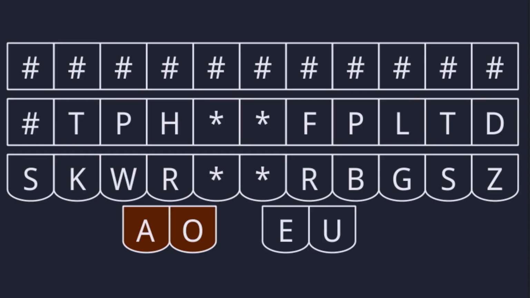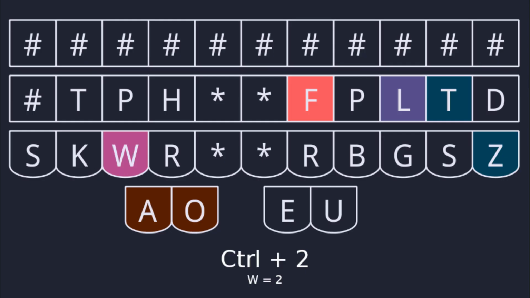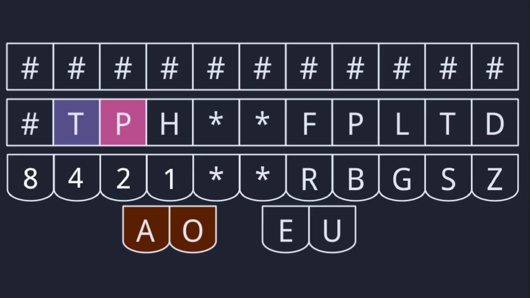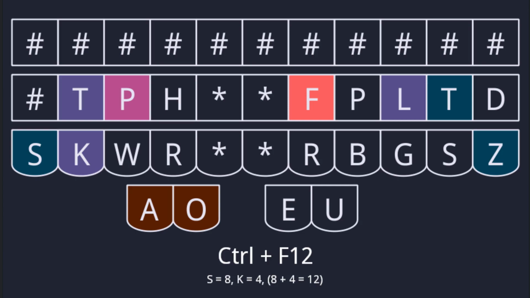For numbers, the left vowel keys are pressed down along with a binary system to write the specific number. R is 1, W is 2, K is 4, and S is 8. So for example, to write Control 2 would be like so, and Control 10 would be like so. Function keys are also done similarly with TP, or the initial F chord, pressed down in addition to the left vowels. Control F12 would be like this, for example. Emily's symbols and modifiers are extremely handy, and I use them all the time.